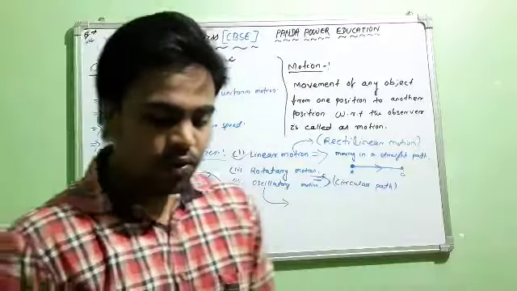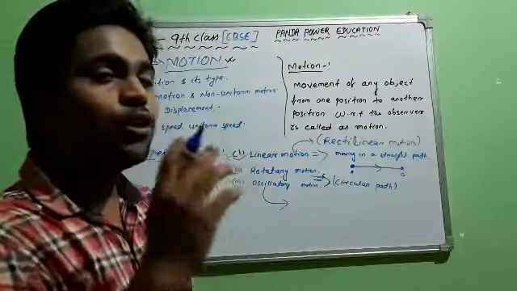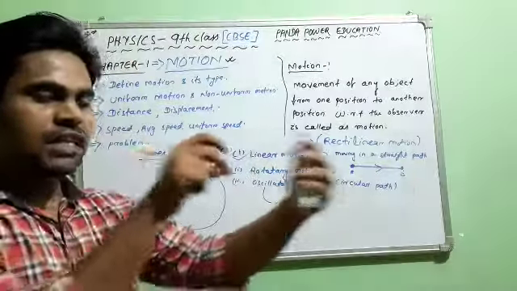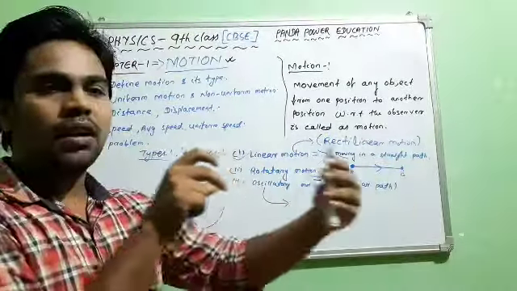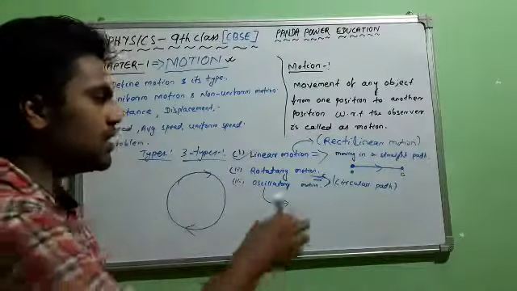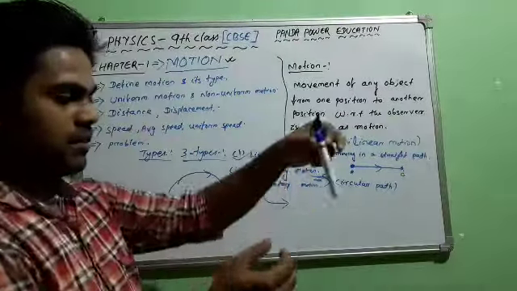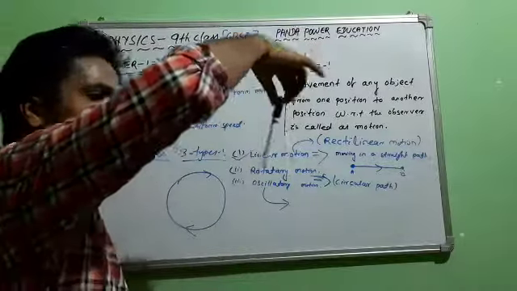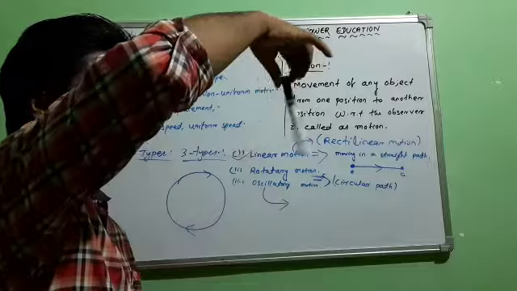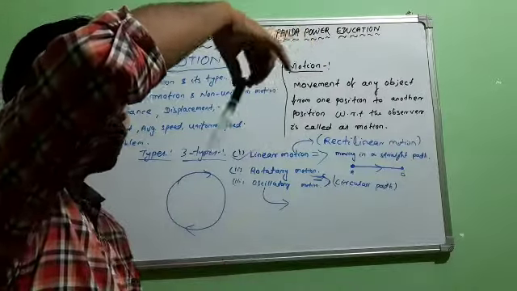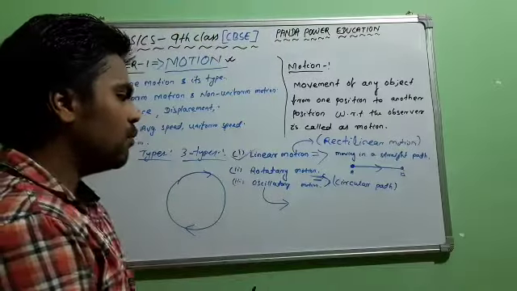What is oscillatory motion? That is to and fro motion. That means in a spring you are stretching, compressing, expanding. That is what? Oscillatory motion. One string is like this here. This is the oscillatory motion, just like this. This is the oscillatory to and fro motion. In your daily life, you already see this to and fro motion, or oscillatory motion.